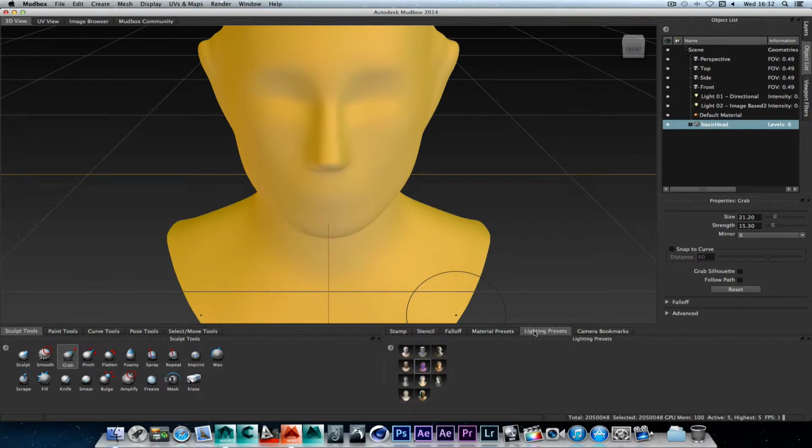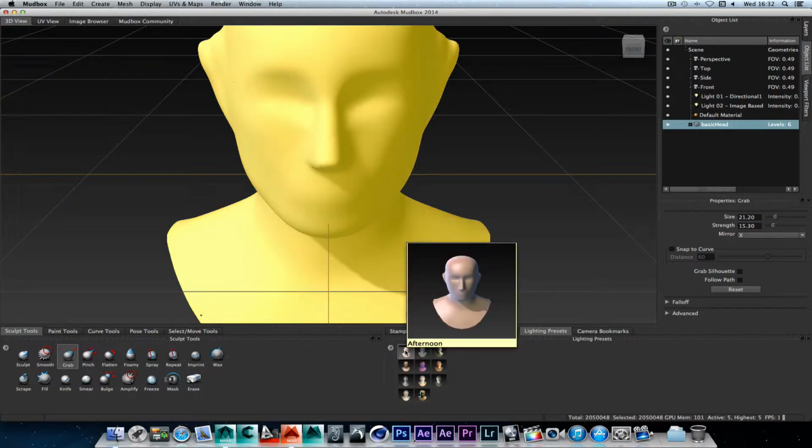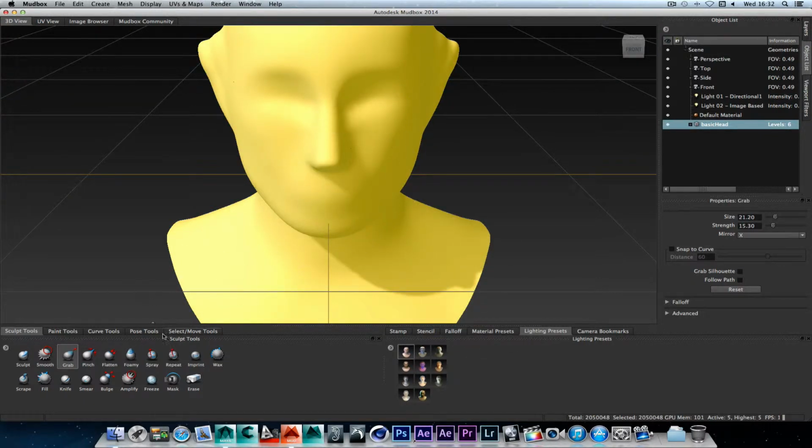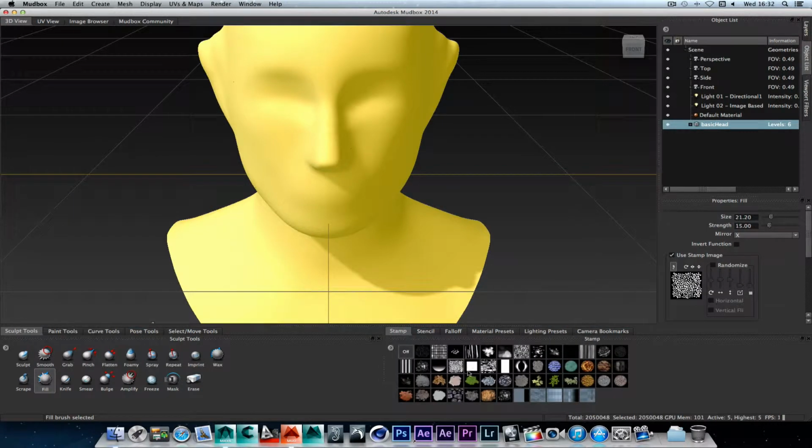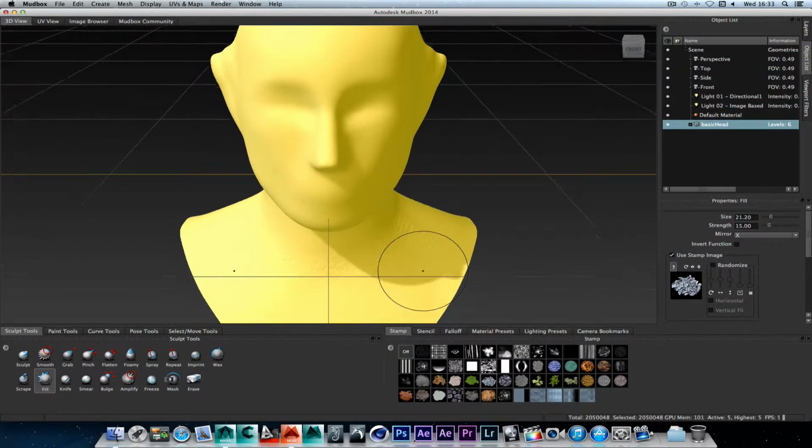And then we'll put the light into that. Okay, so now what we want to do, we've got all these, so we can smooth out and fill parts in. But what you have to do is come over here to your stamps, and these are all the built-in presets that you can use. So if I click on that, I can add a texture. As you can see, there's a texture just happening right there